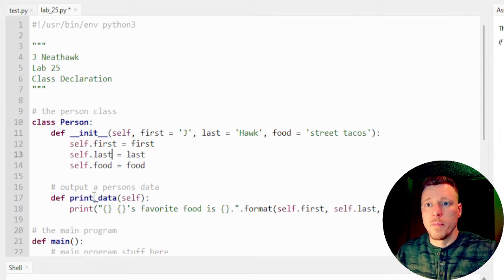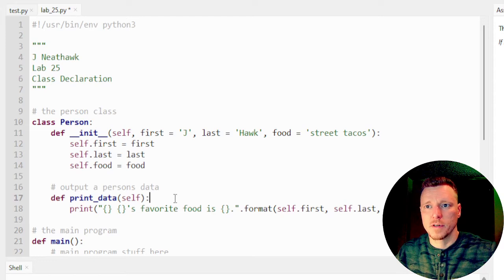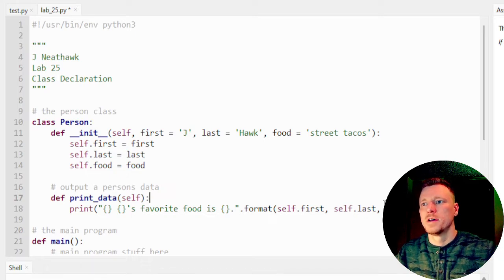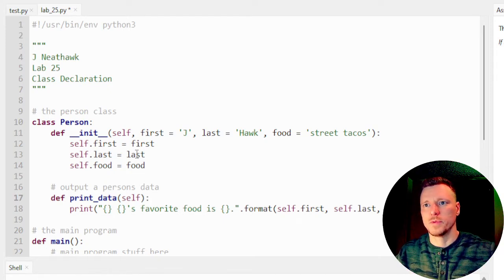So the next method we're defining here is going to be called print data, and it just takes the self, which is nothing argument here for our sake, and it's going to print out first name, last name, favorite food is favorite food, and we have self.first, self.last, and self.food. Not just first, last, and food, because that is a bit confusing. We might have some scope issues, like I had just mentioned. We don't have just first, last, and food. We have